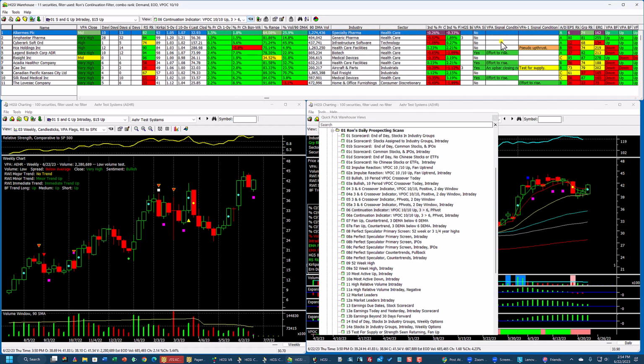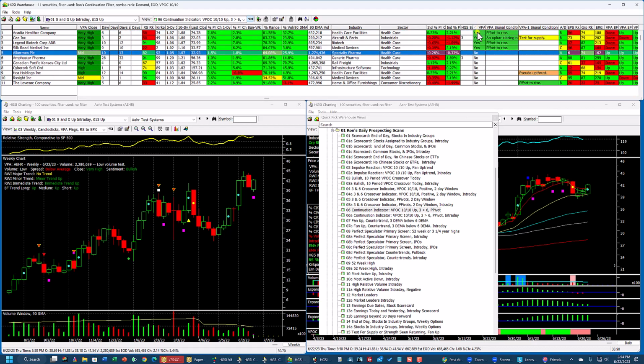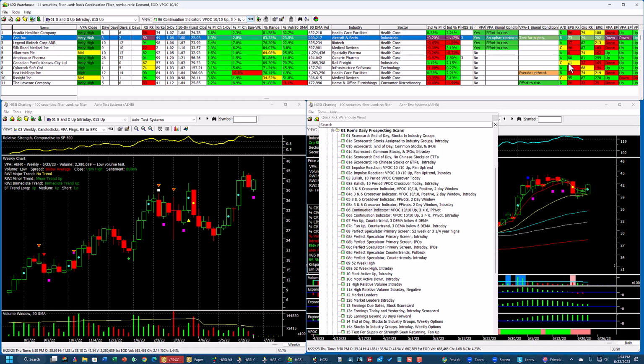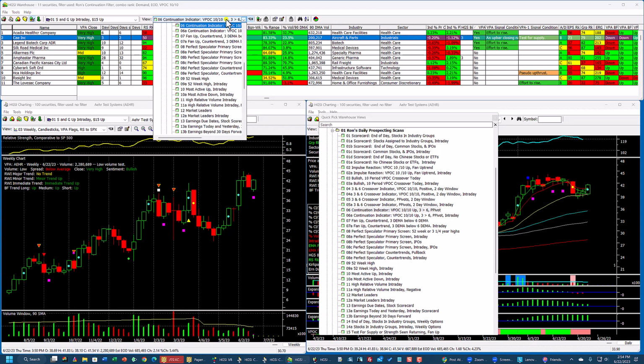And then I have the VPA signal conditions. VPA signal, if there's a signal, you sort on this, and they'll come up, and then there's a signal condition and the prior day signal. So stocks, for example, with 2-day signals, this tells me immediately that there was a test for supply 2 days ago, and then yesterday an up bar closing near the high, and